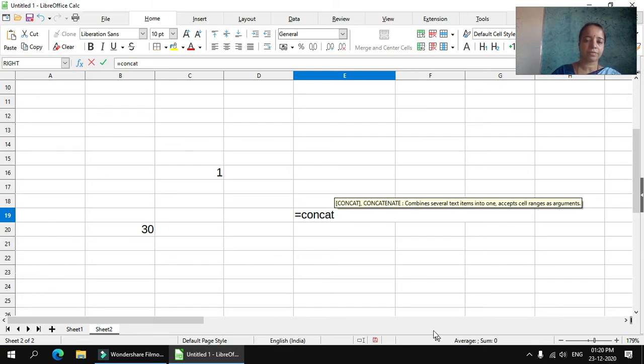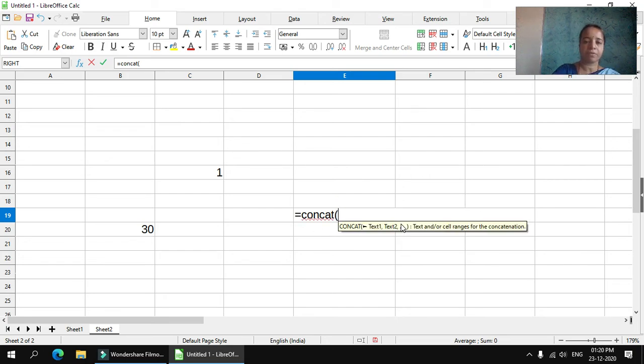CONCAT or CONCATENATE function is there. The CONCAT function combines several text items into one, except cell ranges or arguments. If typed strings are already there, it will take them, otherwise you can write them in the formula.